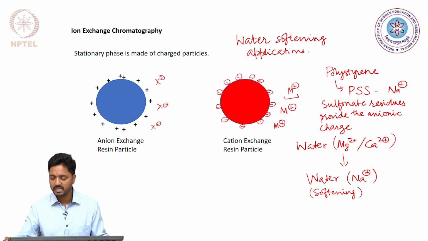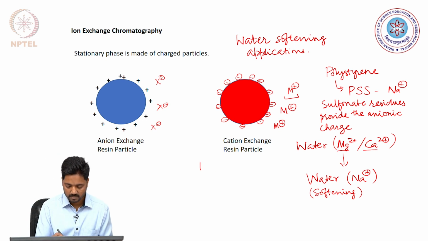And the advantage here is that when the column gets completely saturated with these magnesium and calcium ions, we can regenerate the column by passing